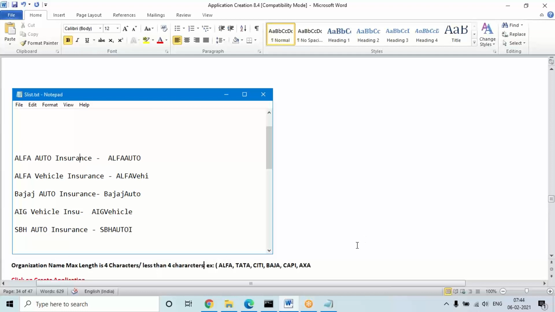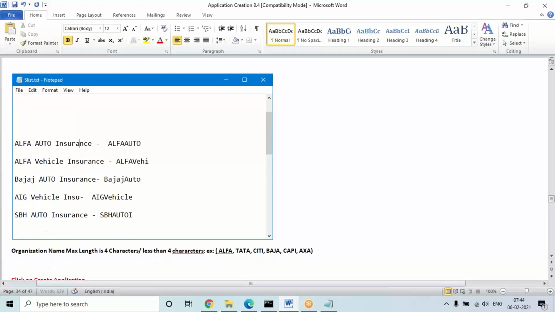Okay. But coming to application name, or we can also call it division name, guys. What is division name? More you'll understand in the Monday session. Application or division name, minimum length is 8 characters and maximum length is 10 characters. So first of all, understand this statement so that it will automatically do the truncation in the backend.